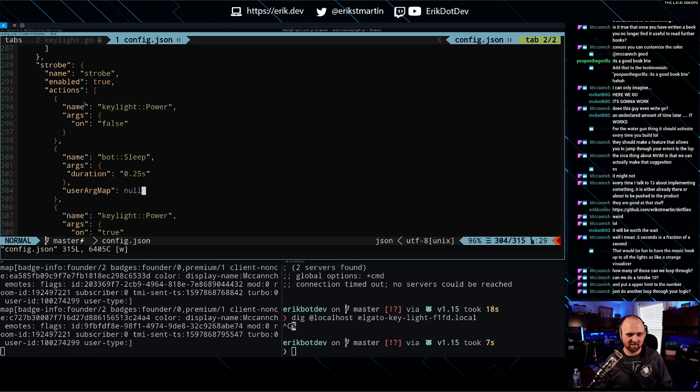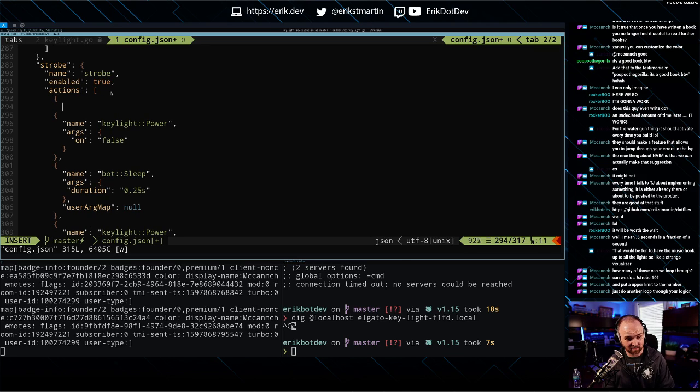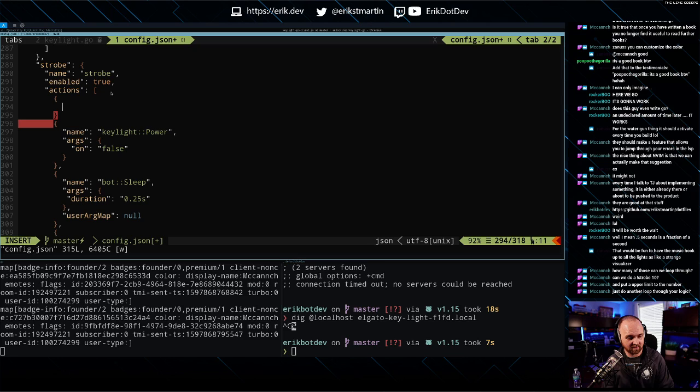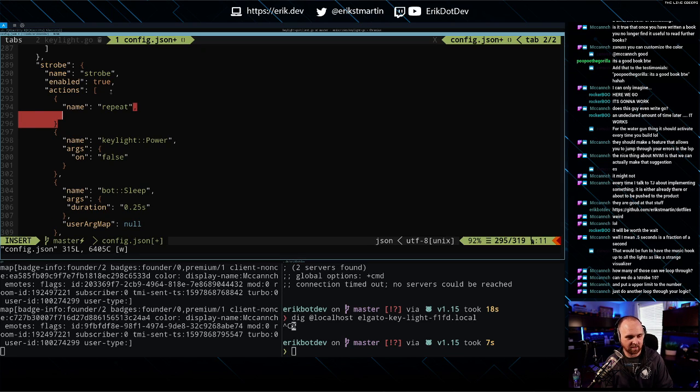But then we start getting this nested structure, right? Just thinking out loud here. In theory, we could have an action whose name is repeat or something, right? And then its args are